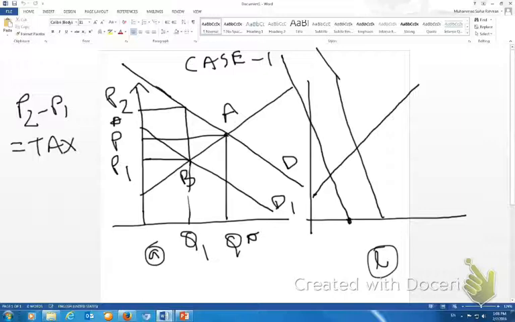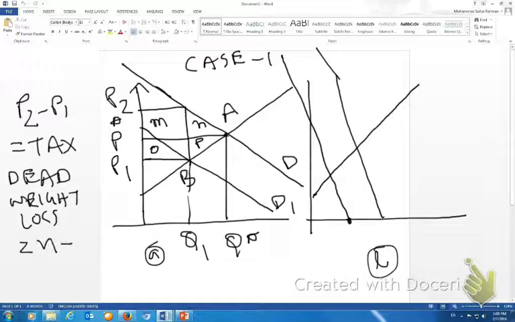So as a result of this tax, our consumer now loses, let's say, area M and N, and then our producer loses rectangle O and triangle P. So in this case, deadweight loss is just N plus P. Okay, so that's the triangle that is the deadweight loss that we saw before. Okay,